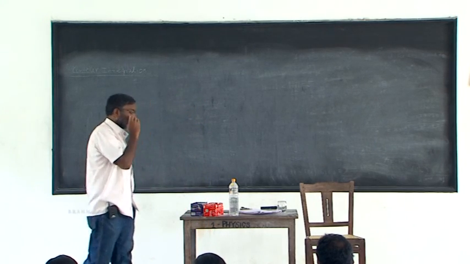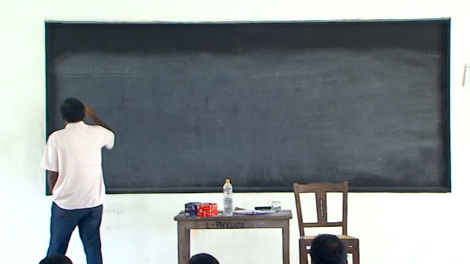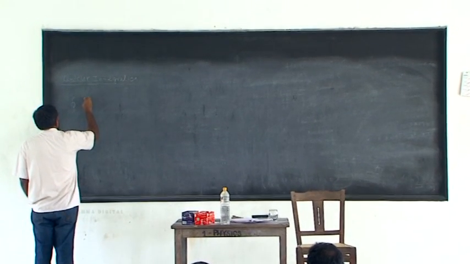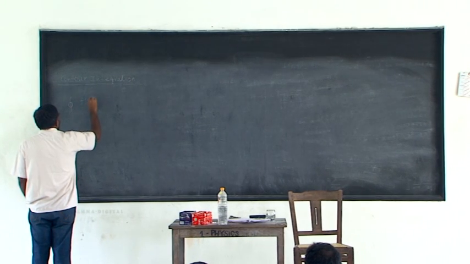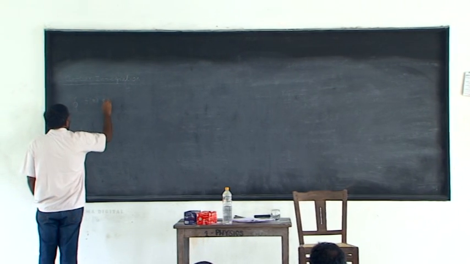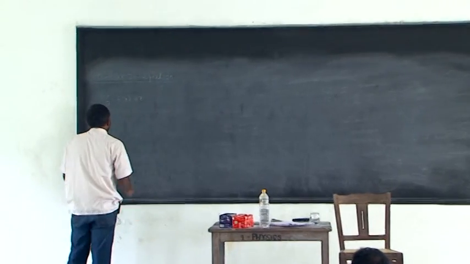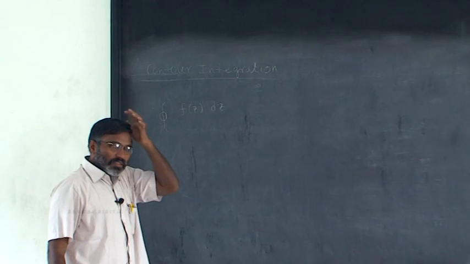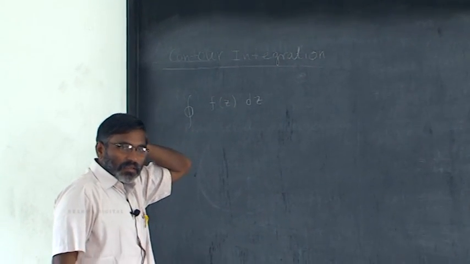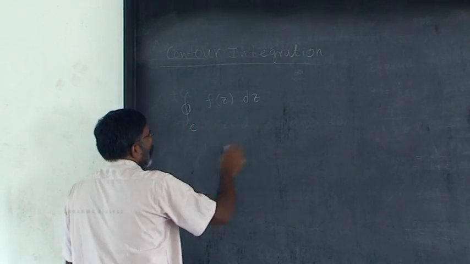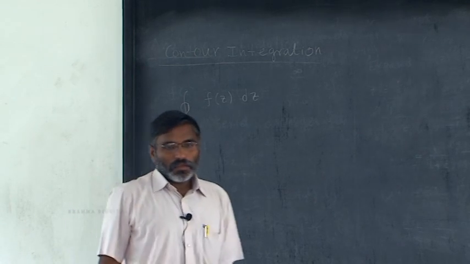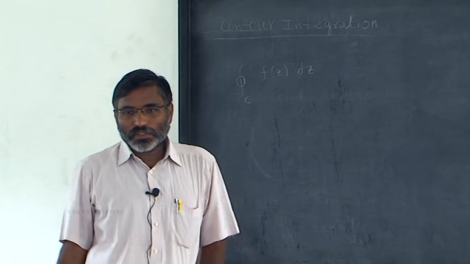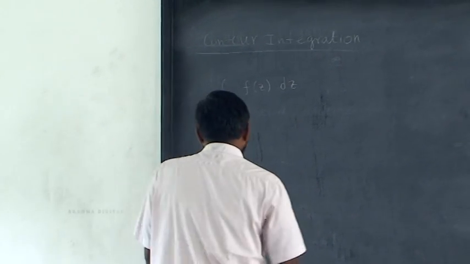In all those cases, we have seen that if you have the integral of f of z dz, and f of z is not analytic. If it is analytic in this contour C, then this is 0. We have seen Cauchy's integral theorem yesterday. If it's analytic, it is 0. But if it's not analytic,